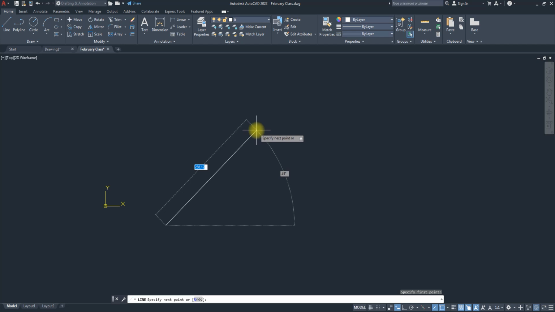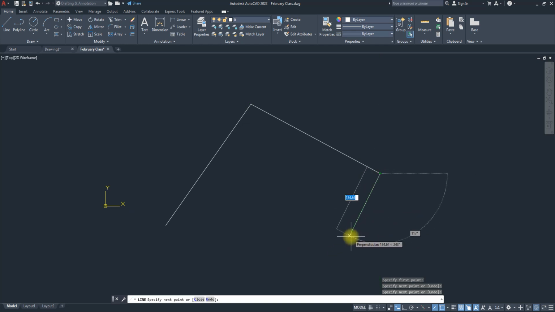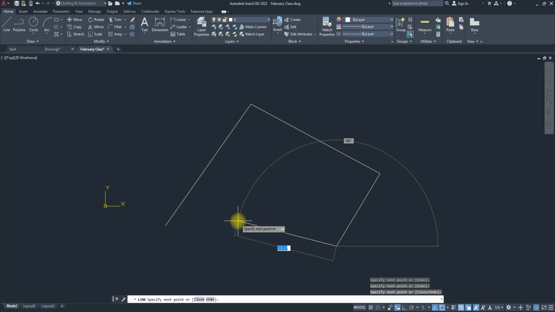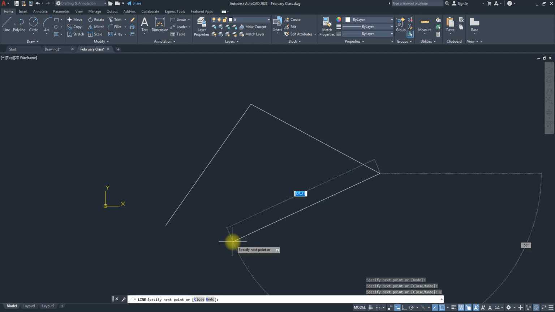Notice it tells me to specify first point or undo. Can you see that? If I want this to be my next point, it says specify next point or undo. I'll specify. Now it's saying specify next point or close or undo. If I specify this, it's asking me specify next point or close or undo. So if I want to undo this, I told us on Wednesday that the option will always have something highlighted. I want to choose undo, and I don't want to bring my mouse to click here. I want to be as fast as possible. For me to choose the undo option, what do I type? U, because U is highlighted blue. So if I type U and I press enter, notice it